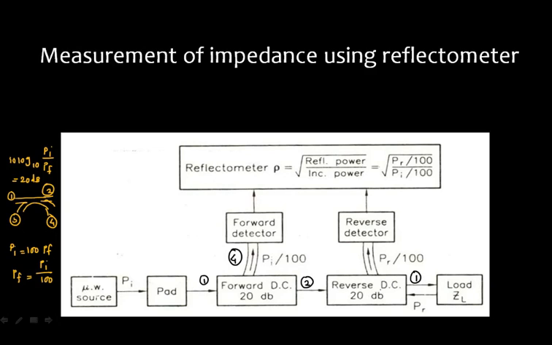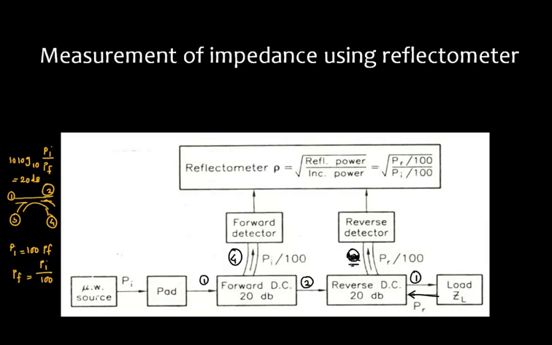Now what will happen if this is not terminated properly? The power will be reflected back. Now this reflected power will be given to the port number. Now here, if this is the reverse directional coupler, 2 is the input and 1 is the output, so this will be your port number 3. Okay, so this will be the forward power. So what kind of forward power will you get here? Or I can say this is nothing but the auxiliary port. Instead of giving any number, I'll say this is the auxiliary port.